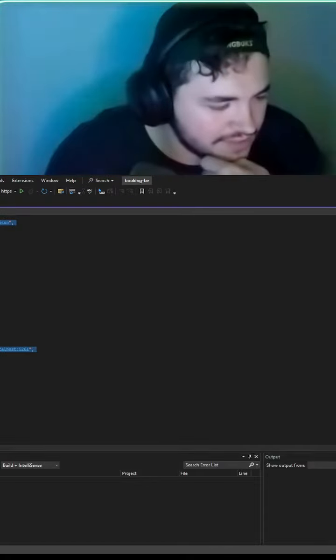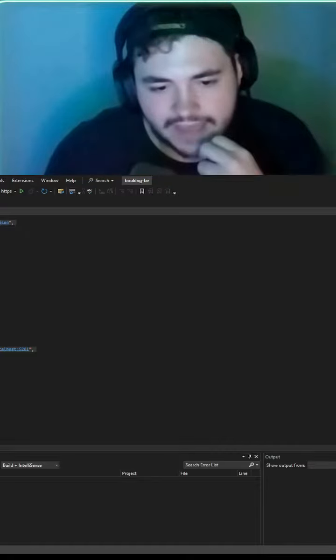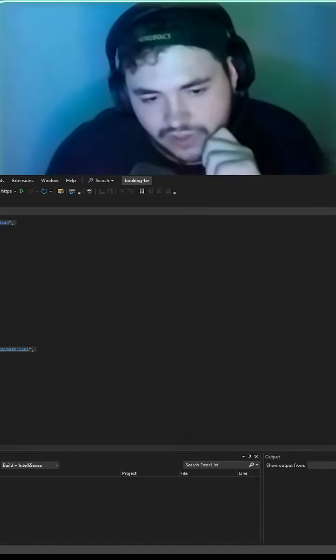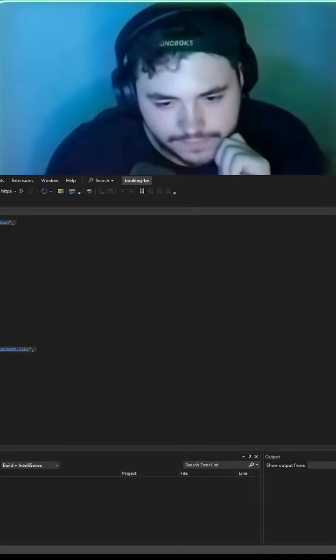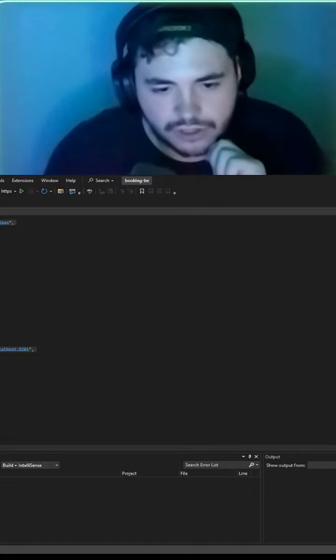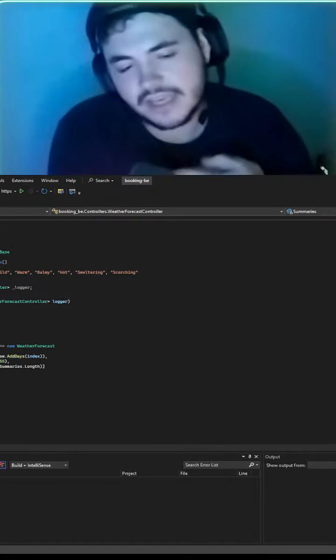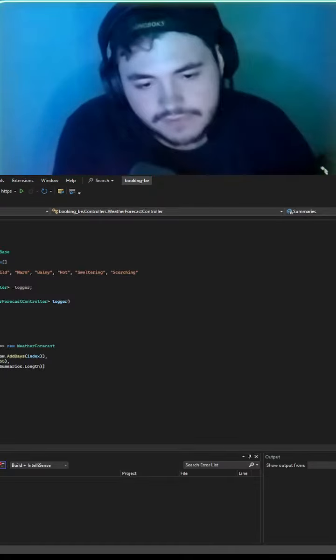Very scary stuff if you don't know what it looks like or what it means. The bin and obj folders, I think, just contain your framework settings. Assembly info inputs, that's fine. Controllers. Okay, so earlier when we were researching MVC, your model view controller, one of the things that was specified is your controller.